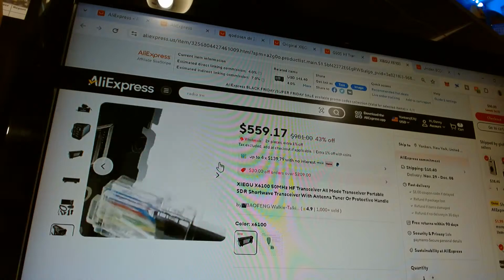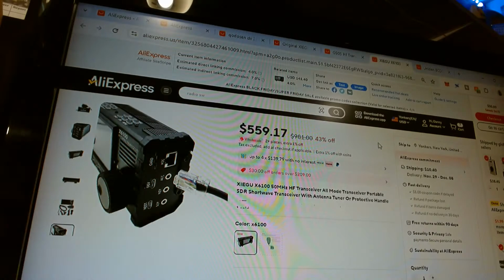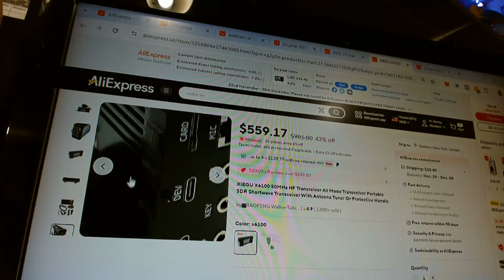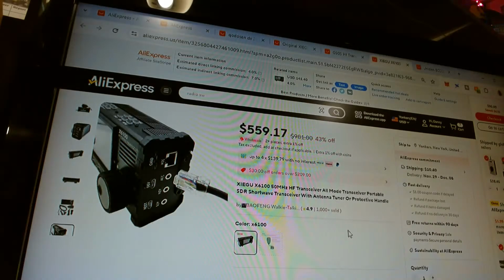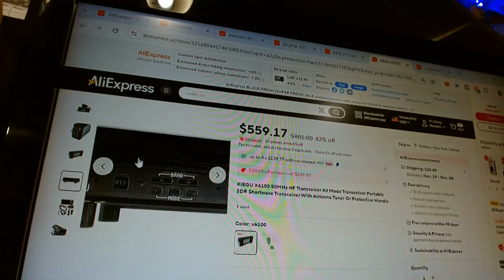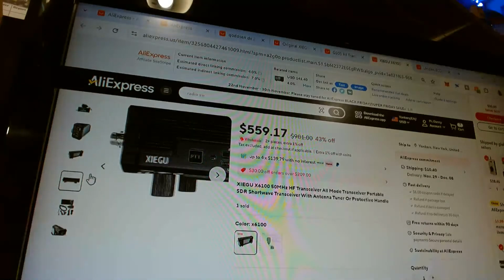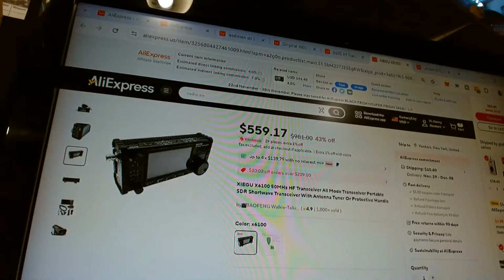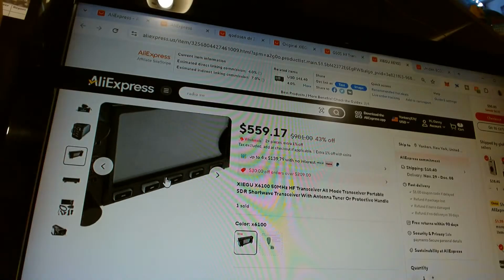I would have bought this, but I have the Yaesu FT818ND, so that's why I didn't buy it. If I didn't have that radio, I would have bought this one. So if you're gonna get the 6200, don't even bother. Just get this one. The older model is much better. I think this one can go up to 10 watts.